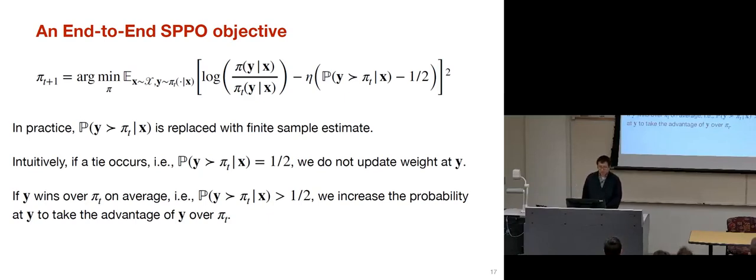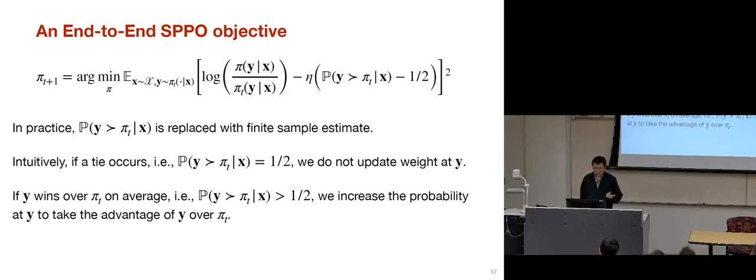And the intuition of this training objective function is, if, for example, this pairwise comparison probability equals 1/2, then you can see that log pi divided by pi t minus 0, if we want to minimize this objective function, the minimizer to this optimization problem is just equal to pi t itself, which means we don't need to update